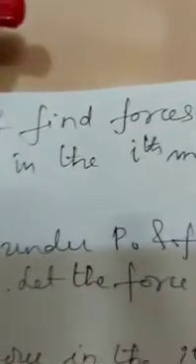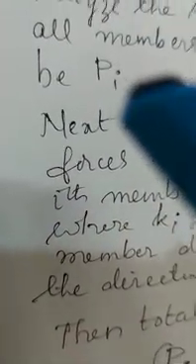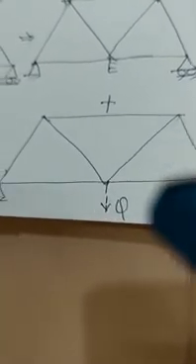Let the force in the ith member, if you consider the ith member, the force induced in that member be say Pi. Let Pi be the internal axial force induced in the ith member. Next, you take system C under the action of the fictitious or imaginary load at E. Analyze this truss C. That is, you find the reactions at the supports, then analyze each joint one by one by the method of joints. You'll get forces in all the members.